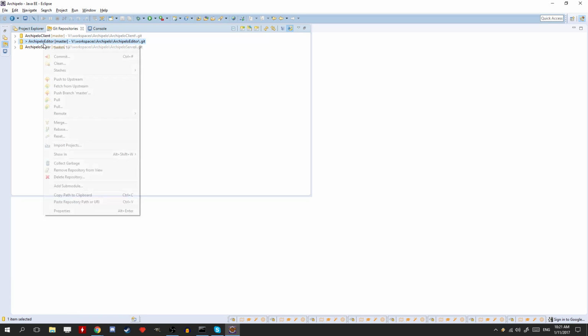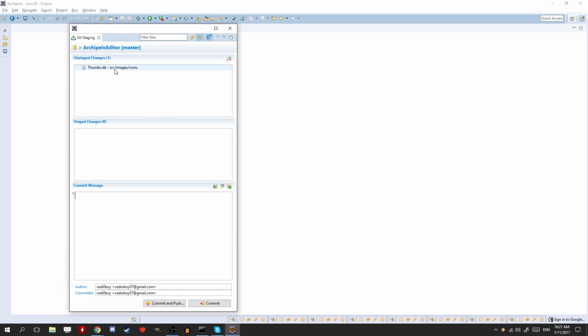I'm also going to commit the map editor as well. I have no idea what that is, but